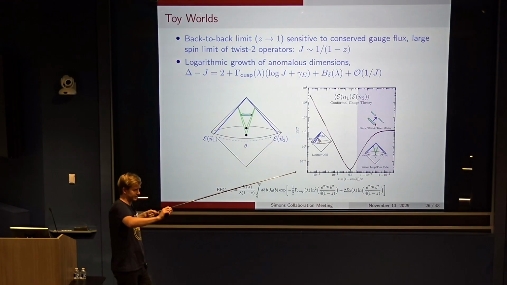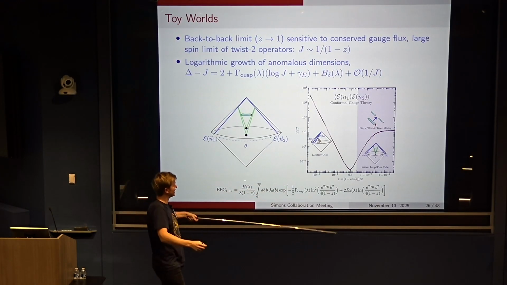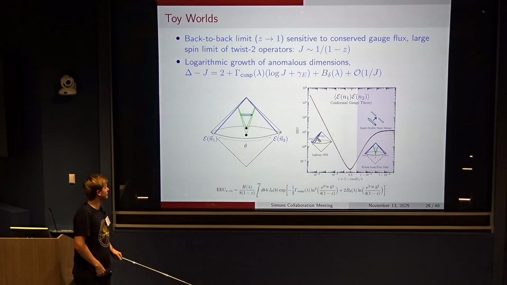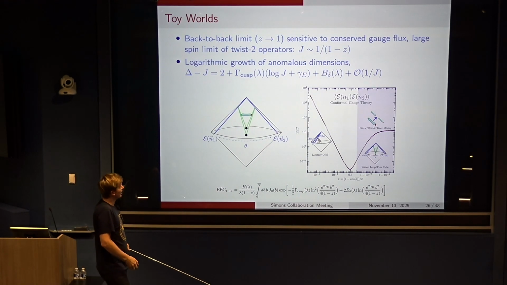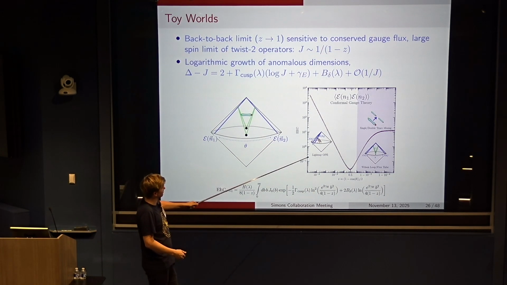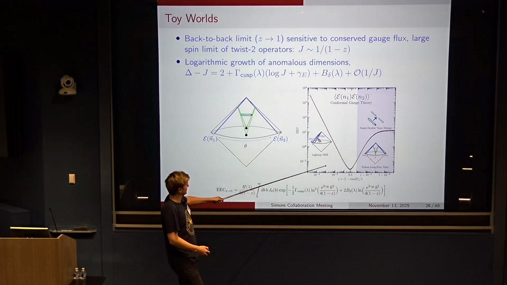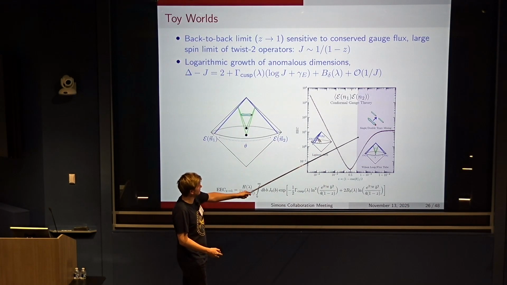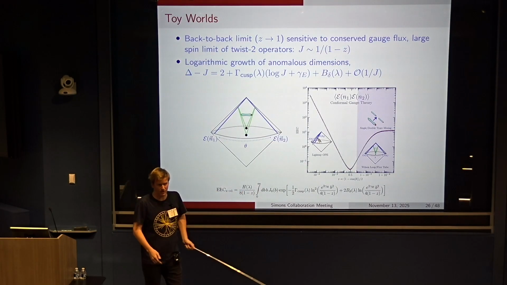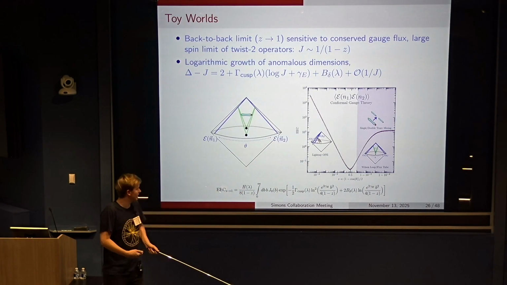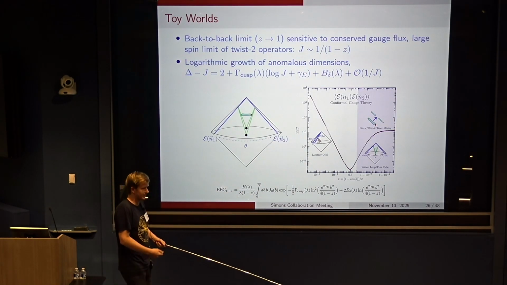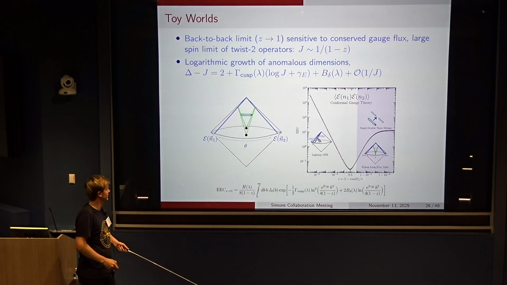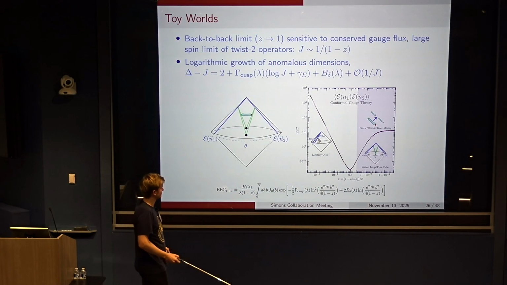So as you go into this back-to-back limit, you're probing the very high spin behavior, or this kind of Wilson loop or Alday-Maldacena flux tube behavior. And so this leads to a much more complicated behavior, which really strongly deviates from the single power law shown over here, and in particular completely asymptotes to a flat behavior. And so this will be very important later on when understanding the effects of confinement, which will be very different in these two particular limits.